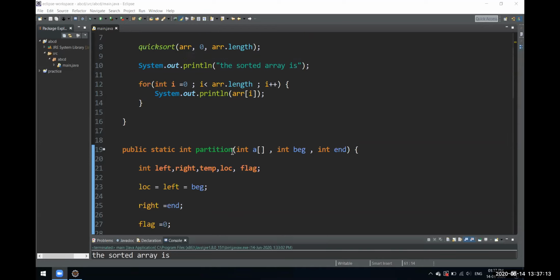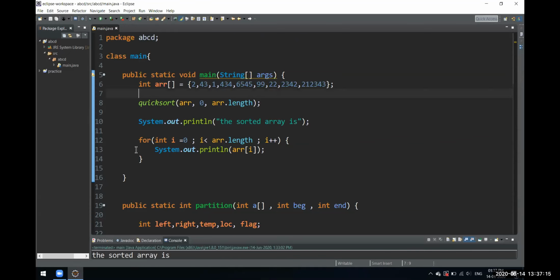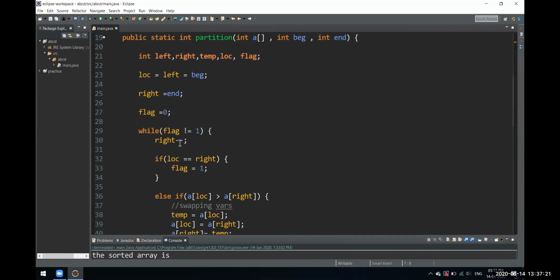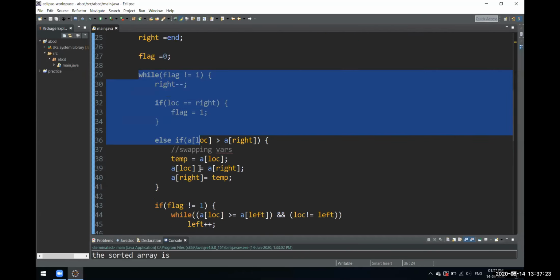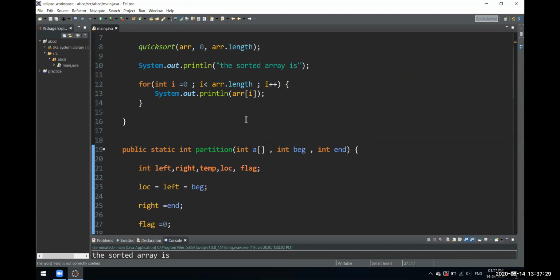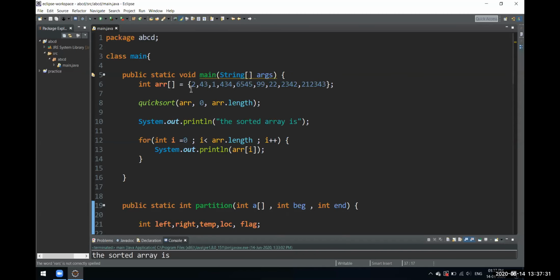The output is nothing. It is just sorting that array. Focus on this whole logic. Even I don't know if at some point I could have messed up something small. So yeah, it is just a normal sorting algorithm. It is just sorting this array.